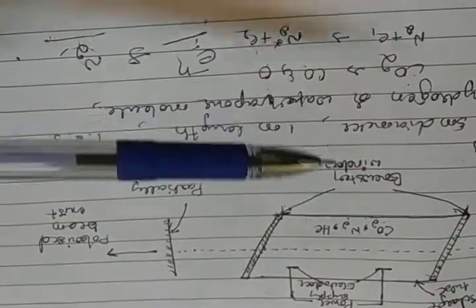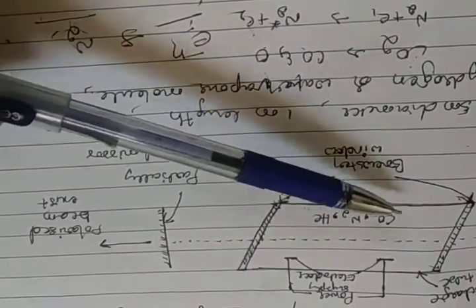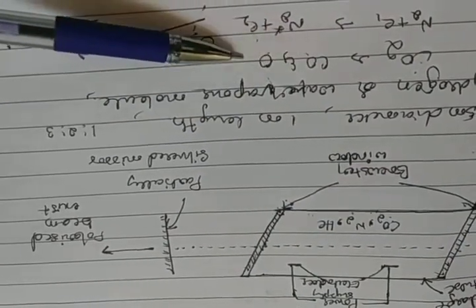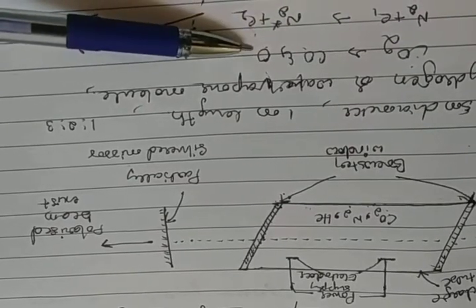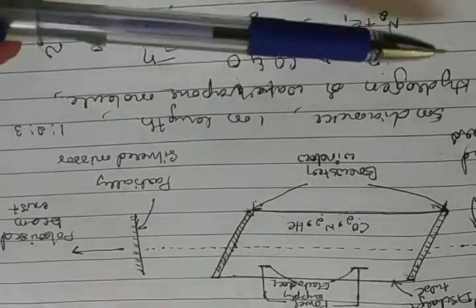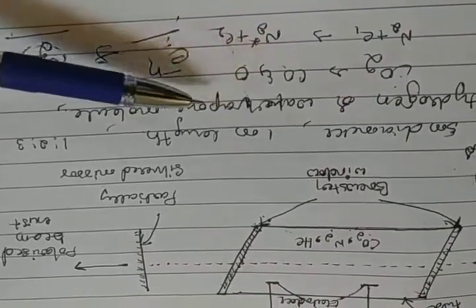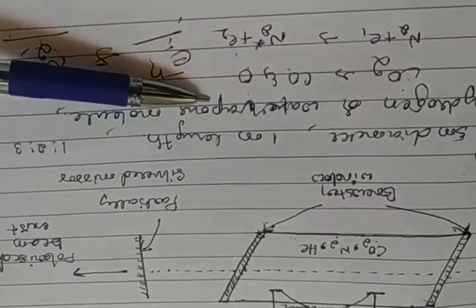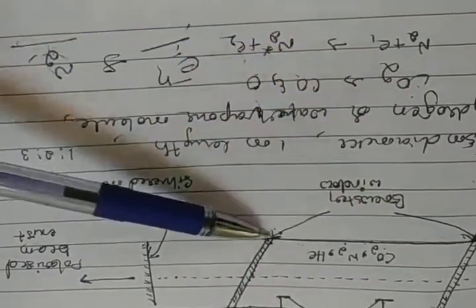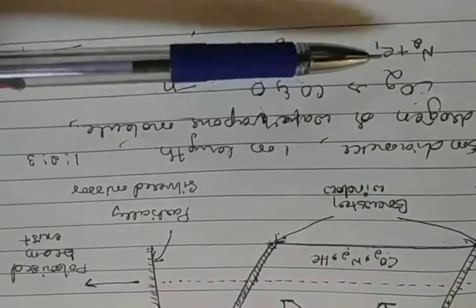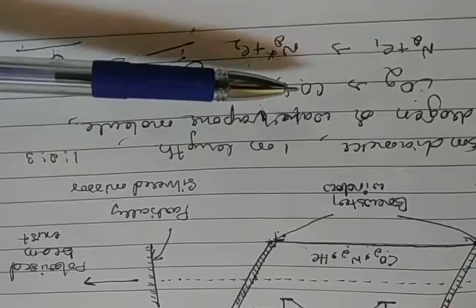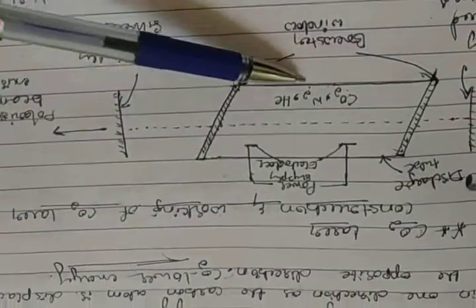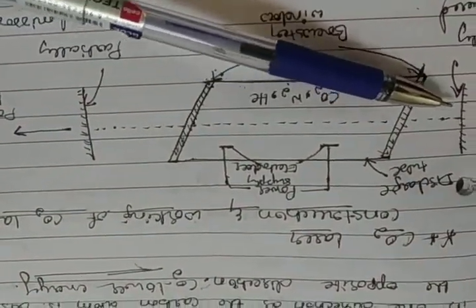How do they act? See, during discharging, carbon dioxide breaks into carbon monoxide and oxygen. To avoid this, hydrogen or water vapor molecules are added. Okay, when we add these two molecules to the discharging tube, the carbon dioxide molecule does not break into oxygen and carbon monoxide.